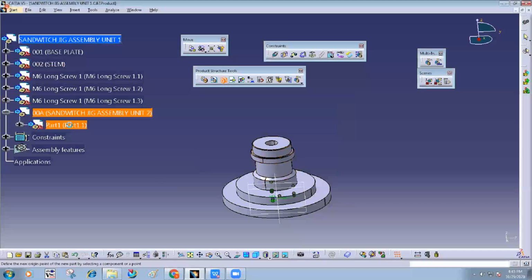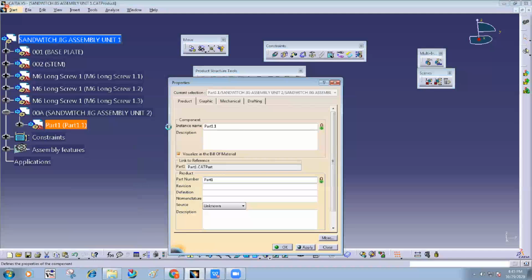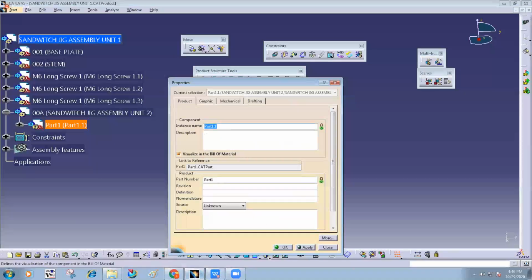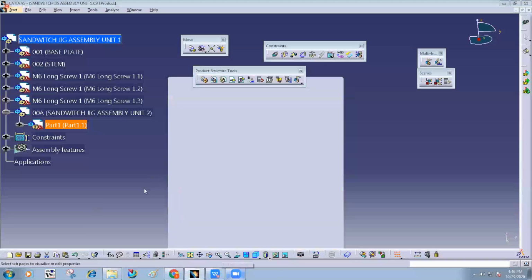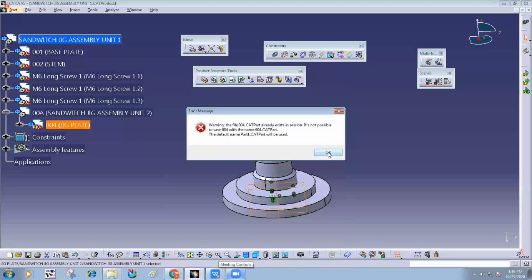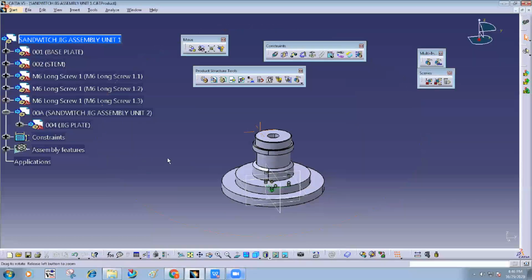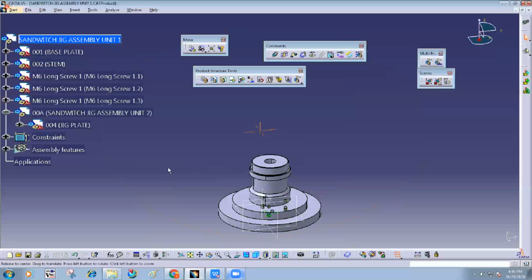Then now here you change the name. The part number 4, what is that? What is this name? Drill jig plate. Jig plate. Part number 004, right? Already exists somewhere. Now next, the procedure is the same.